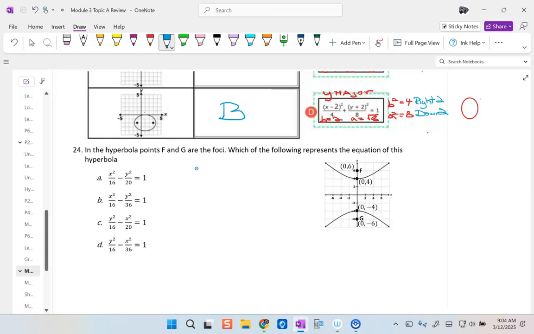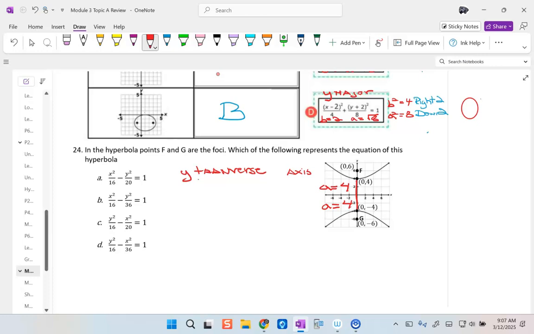Okay. All right, and now the last one. So on here, this is your transverse. So we know that y is the transverse, and then each one of these blocks is 2. So that's the value of A. A is always on the transverse axis. So when you have a parabola that has y as the transverse, I'm sorry, when you have a hyperbola